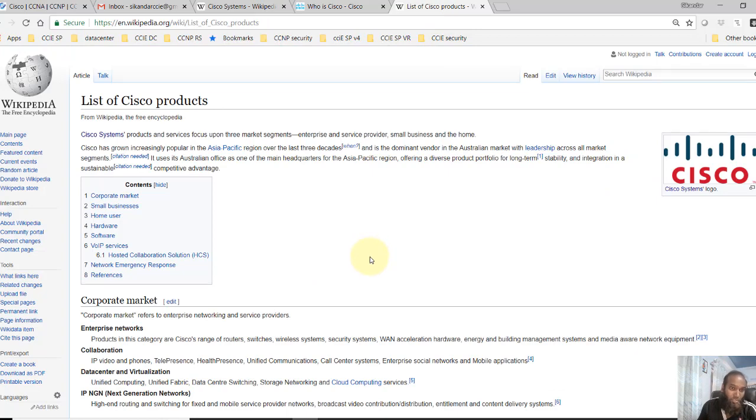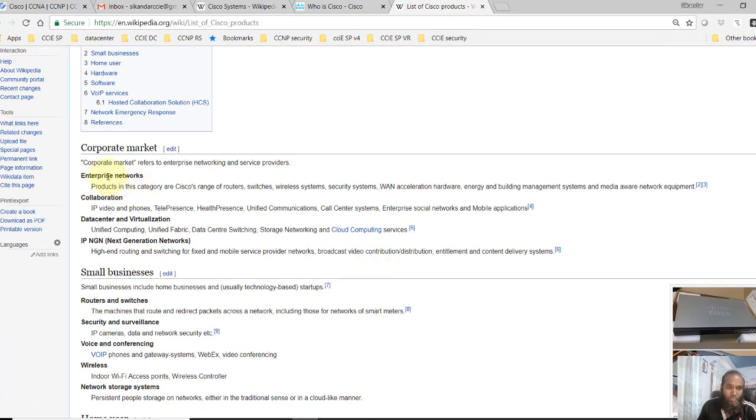There is a big list of Cisco products, or Cisco devices, which are generally used in most enterprise networks, which includes routers and switches. Apart from that, Cisco also offers security devices like firewalls, and there is even a big list of devices like WSA, ESA, IPS. There's a big list of security products which are used in securing your networks.